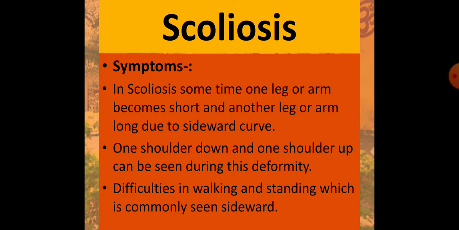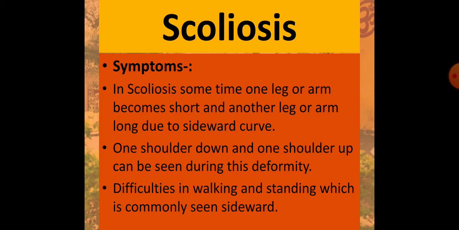Symptoms we will see now. Scoliosis symptoms are, in scoliosis sometimes one leg or arm becomes short and another leg or arm long due to the sideward curve. It happens due to one shoulder down and one shoulder up can be seen during this deformity. So the people who are suffering with scoliosis have one shoulder down, one shoulder up, and which leads to that shortening